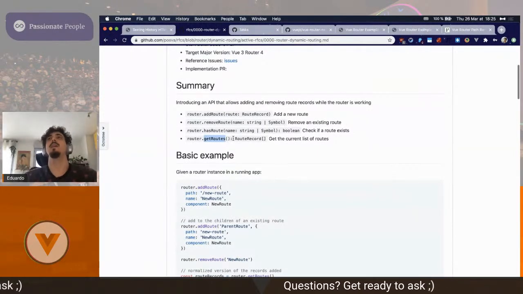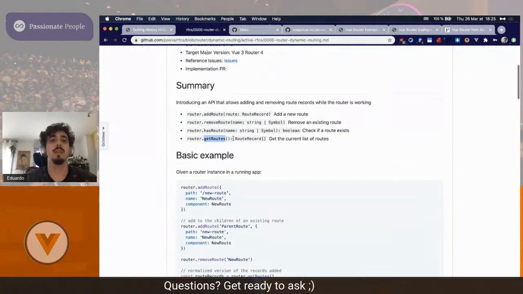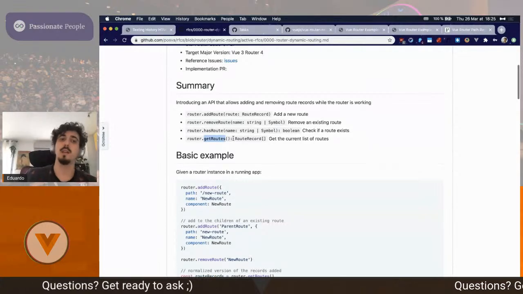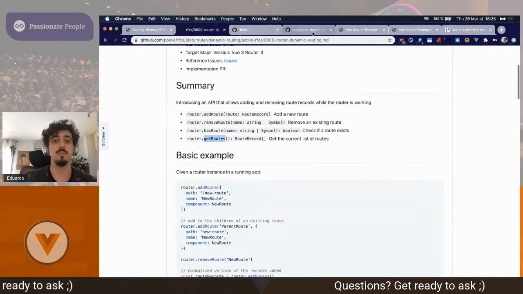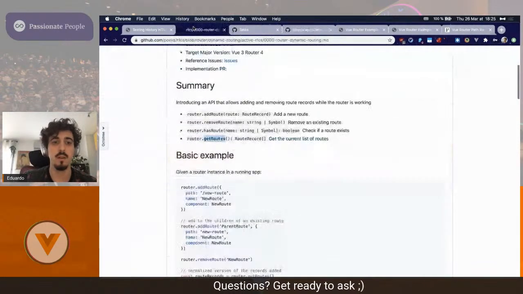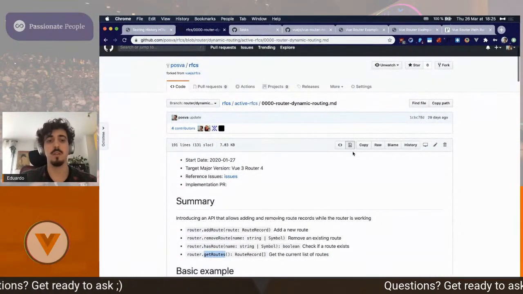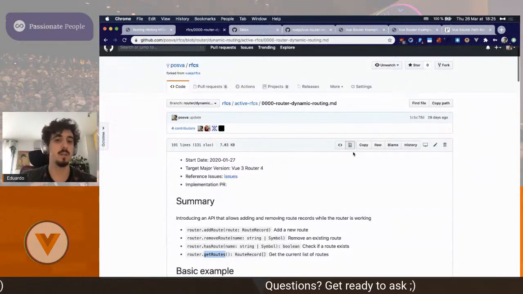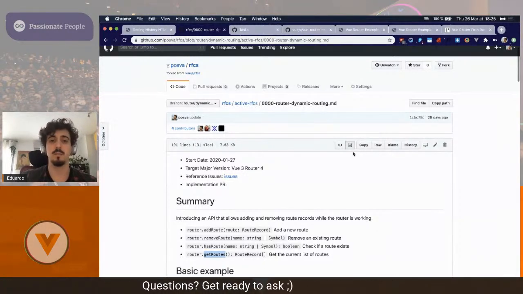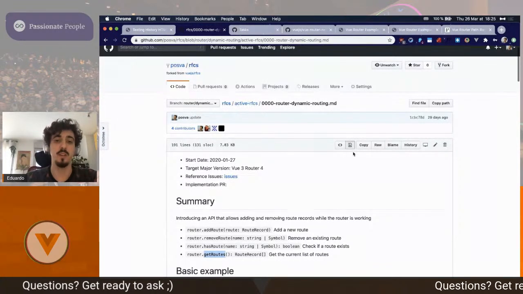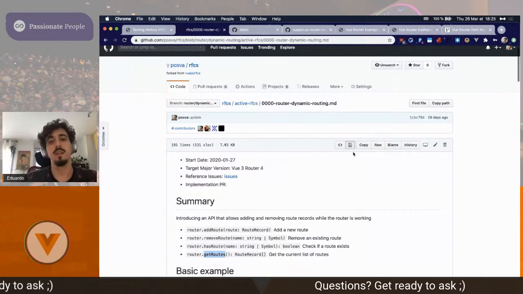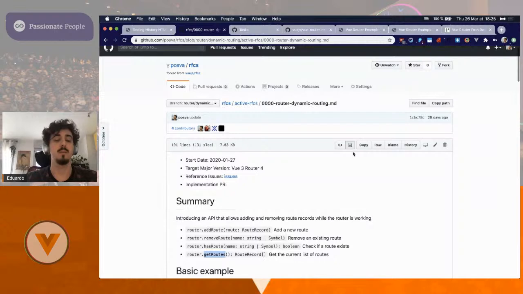If you have come across dynamic routing and you plan on using it, it would be really nice to have a bit more feedback on the RFC. So far, it looks good, so it's probably going to enter the final comments state pretty soon. So I want to avoid leaving any blank, any usage that someone would like to have outside of the scope.